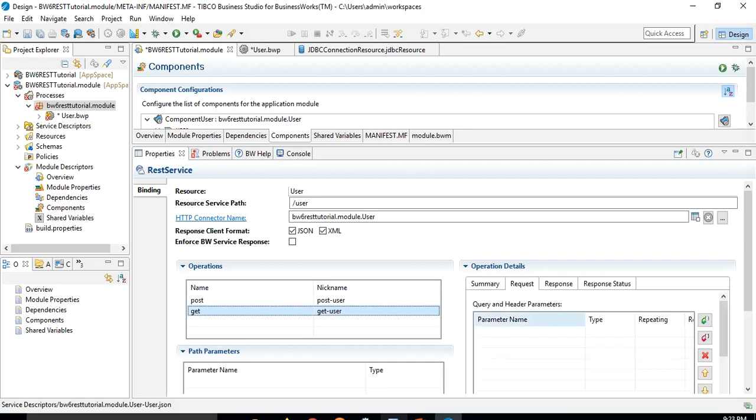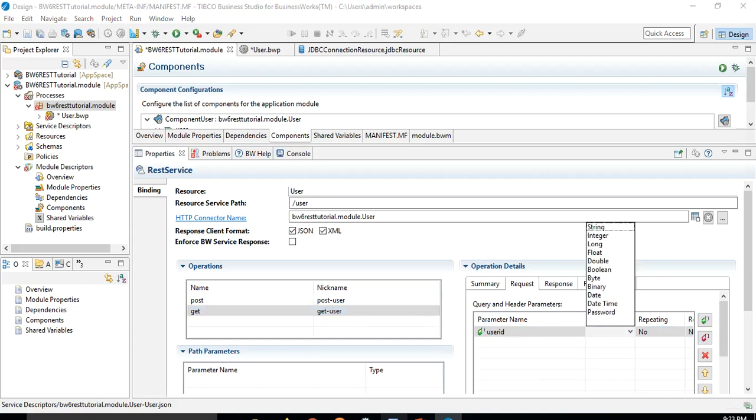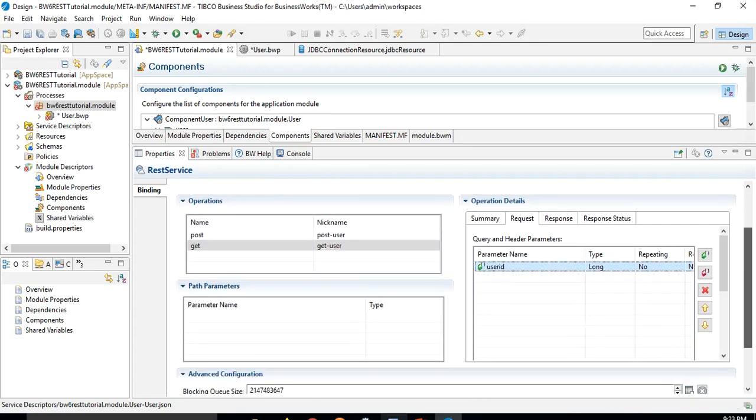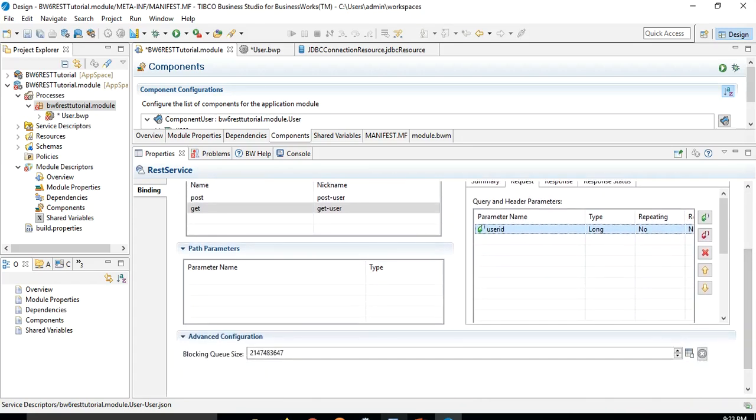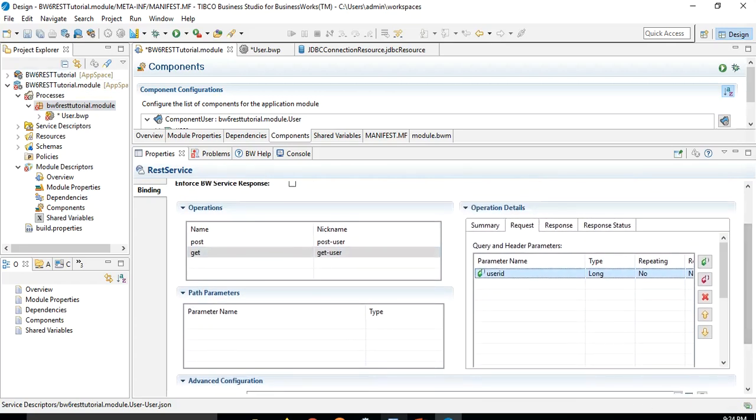in the request parameters, query and header parameter, we will have to use this option to add query parameter, and let's name it as user ID. The type is integer. Let's put it long, and we say it's not repeating, and in the required tab we will specify yes, because we want to make it mandatory. Okay, so we have one parameter with the name user ID for the request, and for the response of get